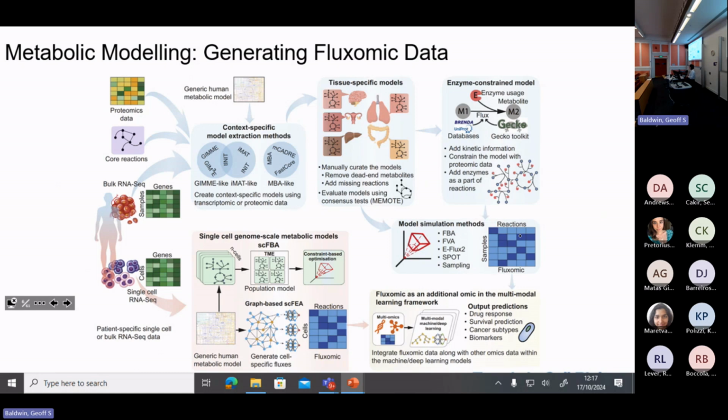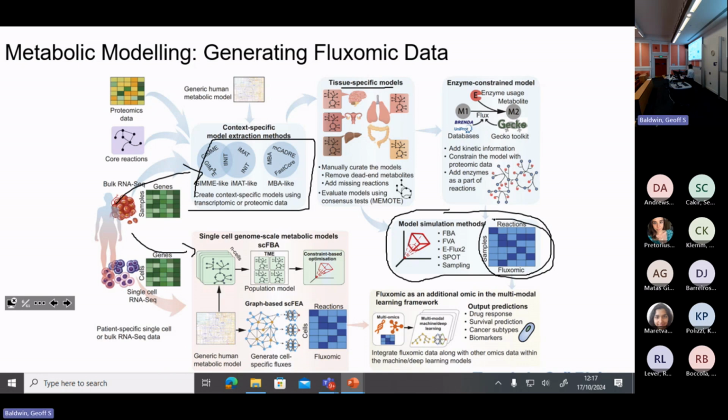We have recently developed a general framework on how you can integrate this not just on bulk RNA-seq data, but also on single cell. And the process is more or less the same, whether you go top or bottom. There are usually some predefined methods or models that you can use to develop. In this case, we were looking at tissue-specific models, but this can be species-specific models, and then add some extra knowledge from external databases, and we will get down to this